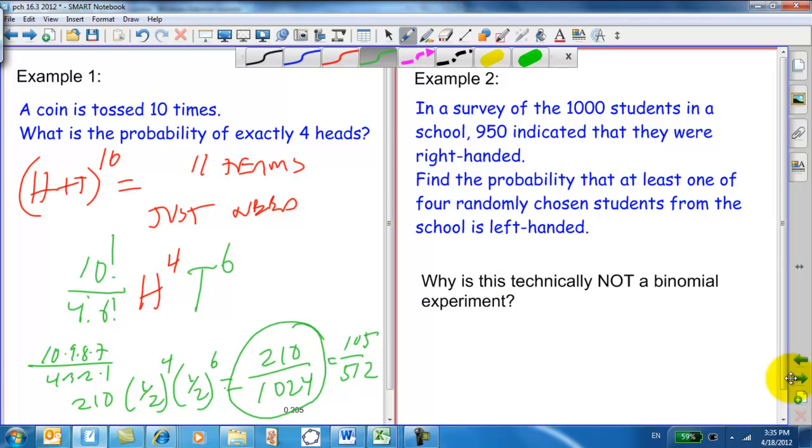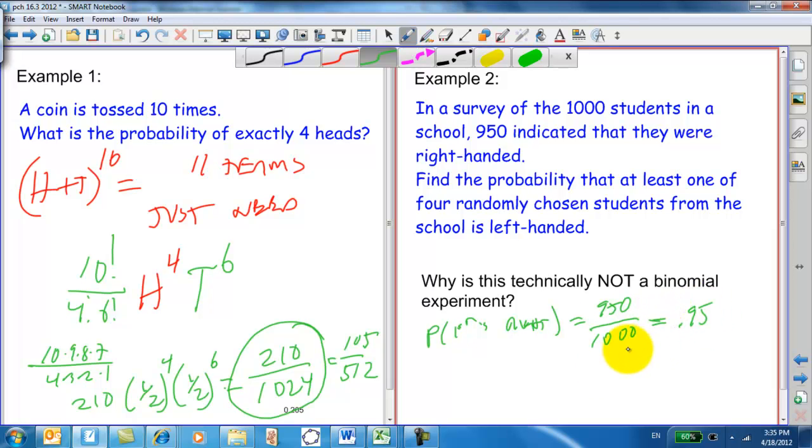Now example 2: in a survey of 1,000 students in a school, 950 indicated that they were right-handed. Find the probability that at least one of the 4 randomly chosen students from the school is left-handed. Why is this technically not a binomial experiment? Well, the probability that the first is right-handed is going to be 950 out of 1,000, right? And so that's 0.95,